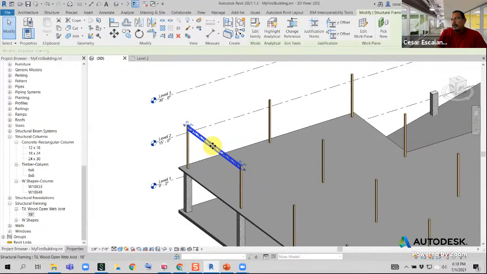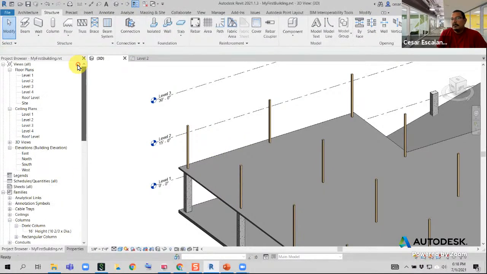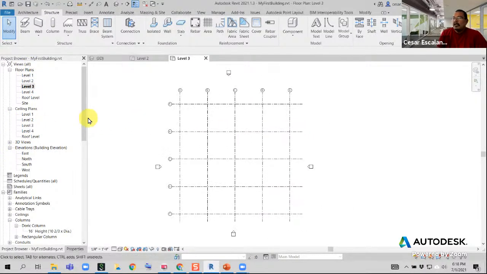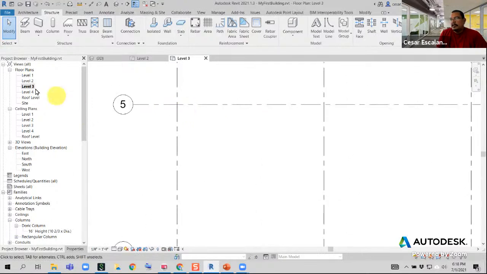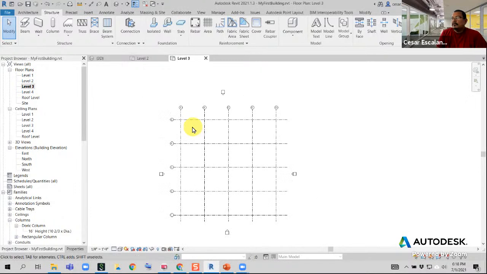But let me show you a quick tip. I'm going to delete that, and I'm going to switch to the level 3 floor plan. Floor plan level 3. Do not open the ceiling plan. Sometimes we open the incorrect one. And obviously here in level 3, I'm going to create